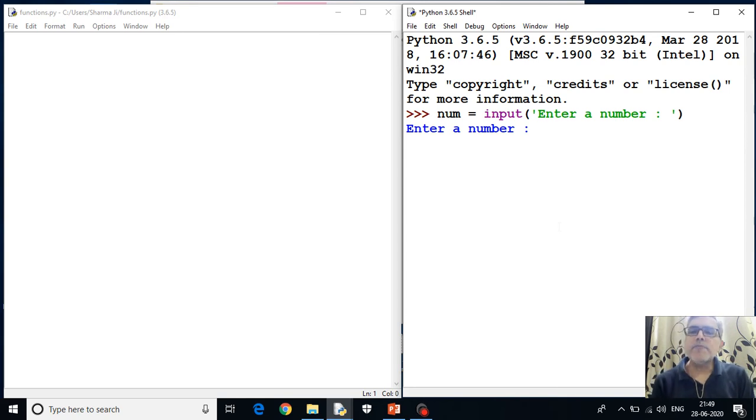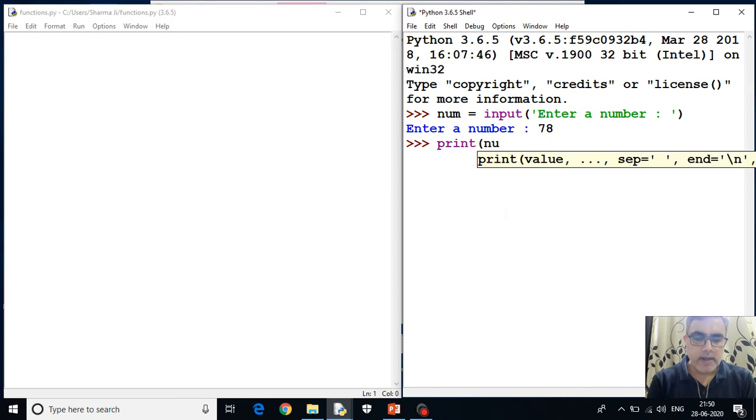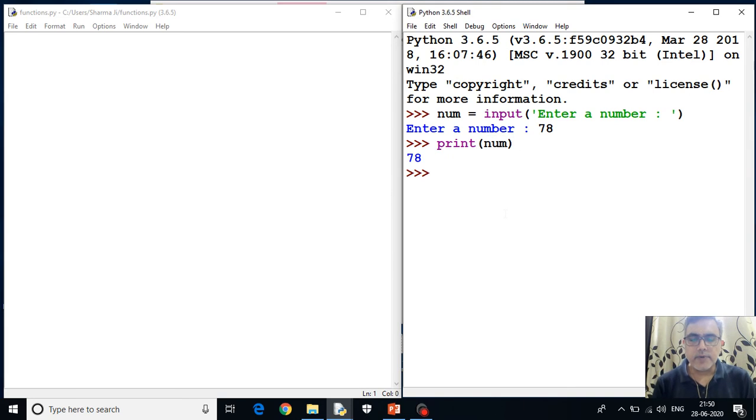Now this input function is designed to take some value from the user. Whatever the user types will be treated as what data type? Now if I want to see what will be the data type of num. What this statement has done is it has taken some data from the user, that is 78, and it has saved that data in variable num, right? If you want to see the value saved in num, you can write print num, or simply num if you write. Okay,